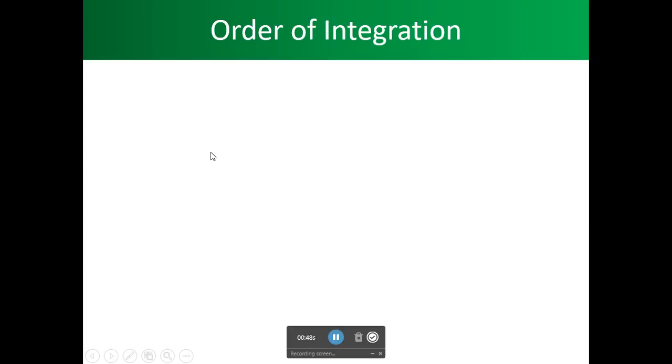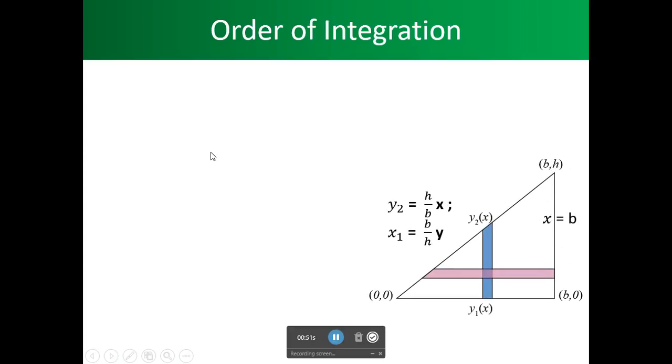When we talk about integration and order of integration, with one integration we're just trying to find the area underneath a curve. That's all. So basically, we're just taking a dx here just to find out what this area is. Then, when we go to double integrals, we want to be able to take the area here,